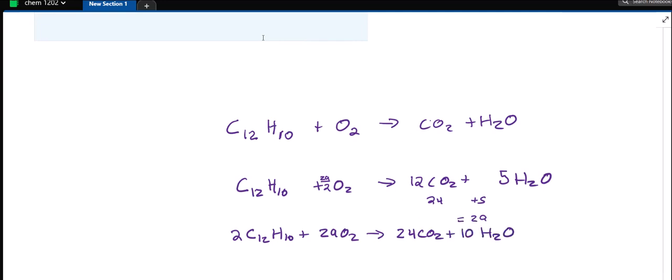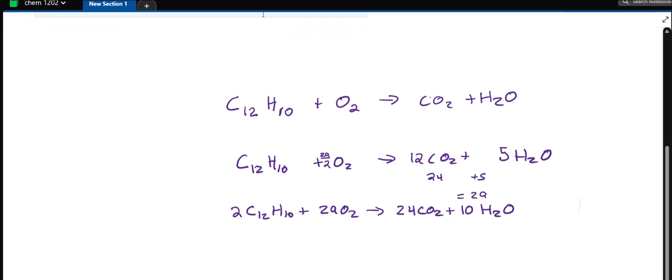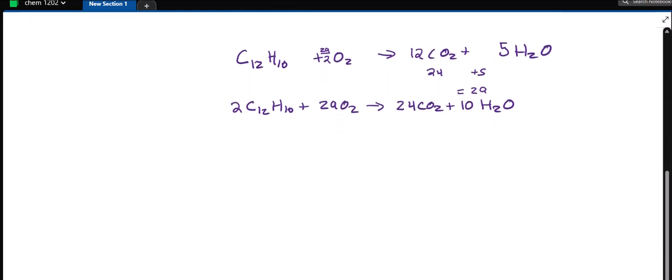And now if you look, everything will be balanced. I've got 24 carbons, 24 carbons, 20 hydrogens, 20 hydrogens, 58 oxygens, and 58 oxygens. And those steps will work anytime you need to balance a combustion equation. Let's do another one. Let's say I had